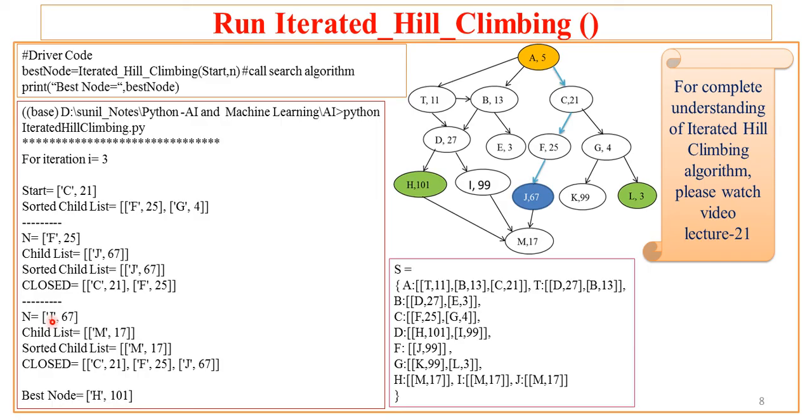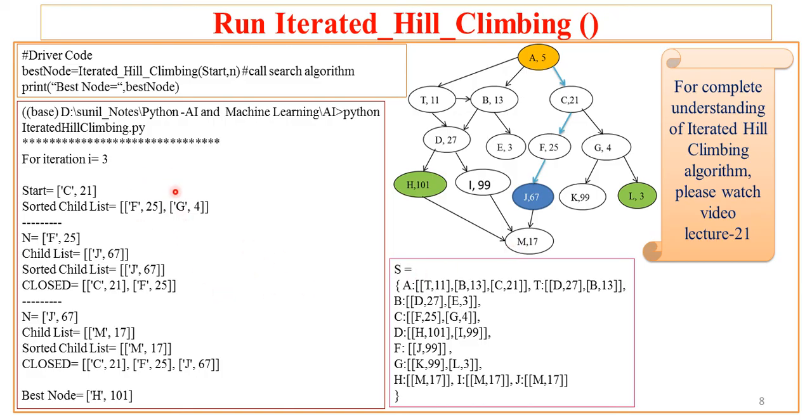The same way happens here. It picks the front node from the children of F, which is J, and it treats this J as the current node and M as the new node, which is nothing but the child of J. That list is sorted. M is the child of J with heuristic value 17. Now it will compare the new node, M, with the current node, J. As the heuristic of the new node is not greater than the current node, the while loop will stop and this iteration ends.